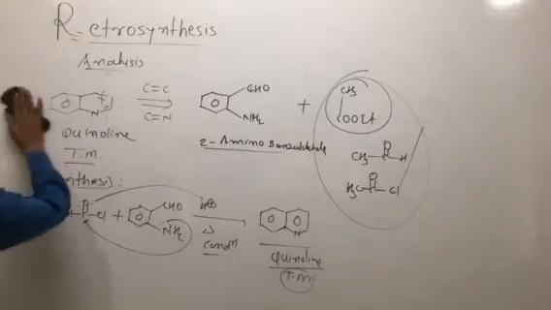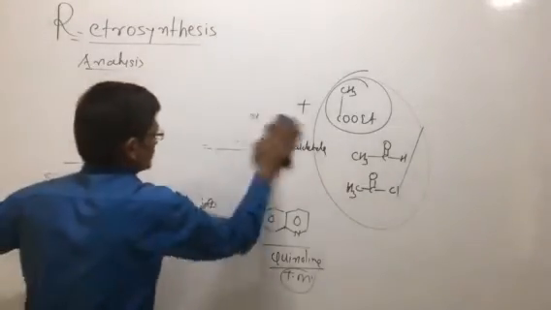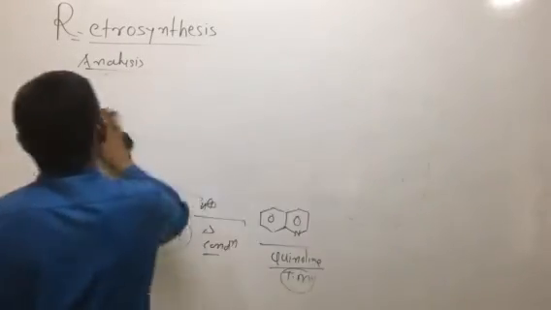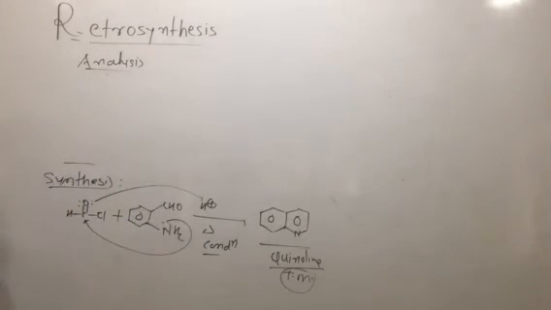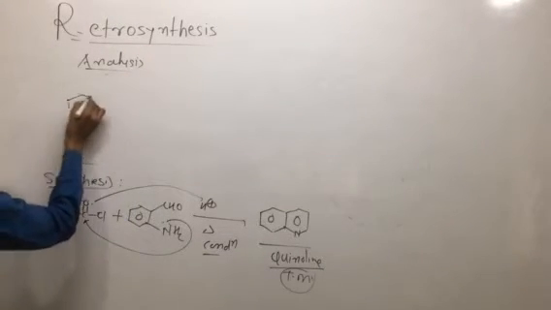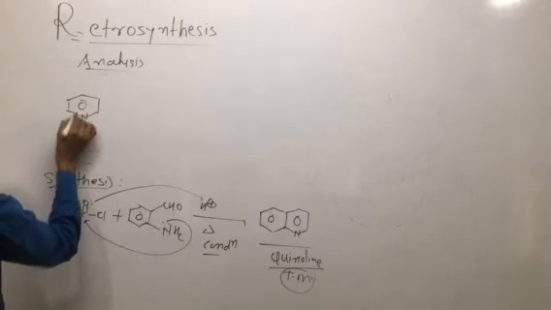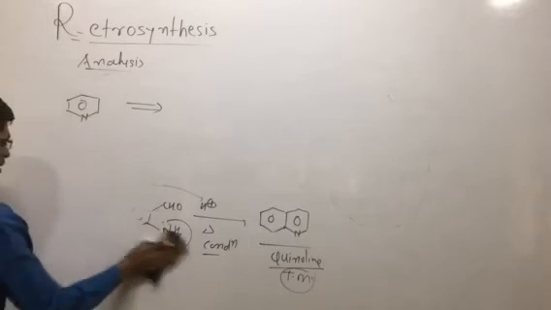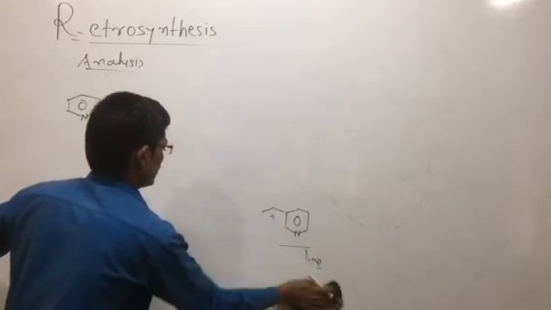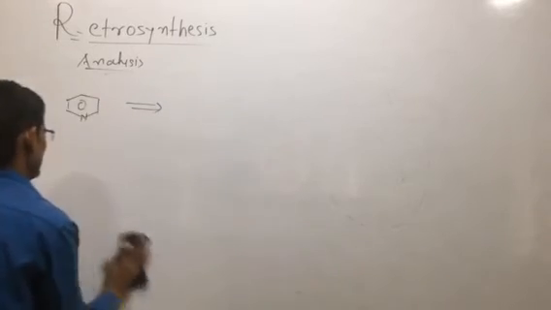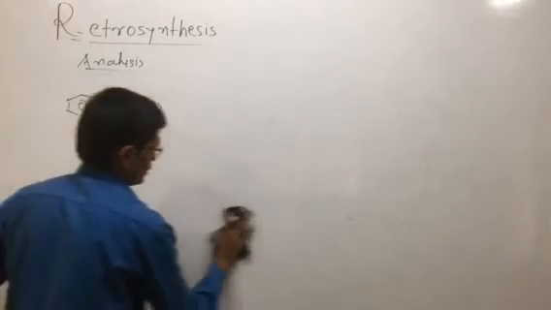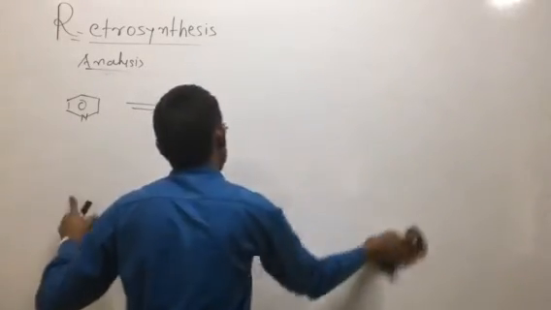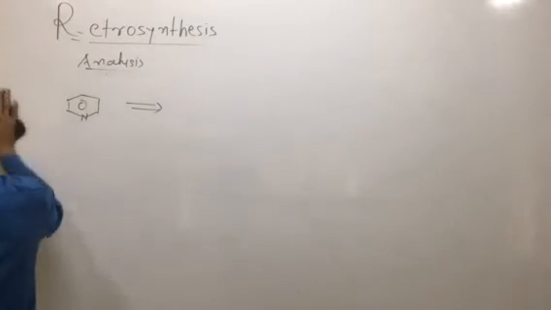If you have a nitrogen-containing 6-membered heterocyclic compound, for example, this is the pyridine molecule. How is it obtained? Pyridine molecules from 2-aminopyridine. Then we approach the next plan of the synthesis. How is 2-aminopyridine formed? The reaction between pyridine and what? Ammonia. So KNH2 or NaNH2. The reaction between pyridine and potassium amide or sodamide forms the product 2-aminopyridine.